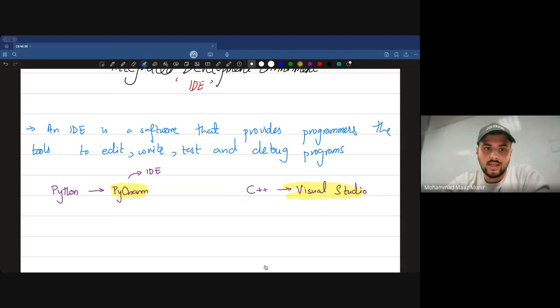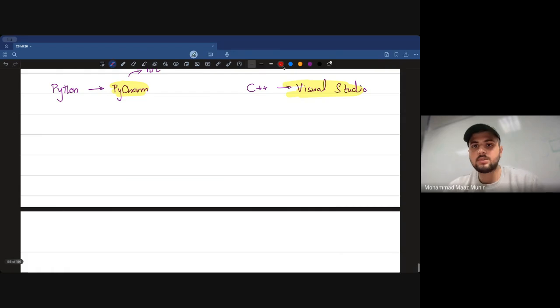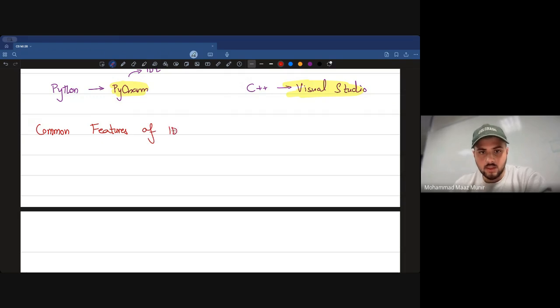Now we have seen what an IDE is, right? It's that software which provides you with this whole platform to basically write, edit, test, and debug programs in one place. The word one place, I didn't write right there, but in one place. That's important. It's not like you need to look onto multiple applications. But now the point which is important for us right now would be what are the common features of an IDE. So the first and foremost feature of an IDE is basically the code editor,